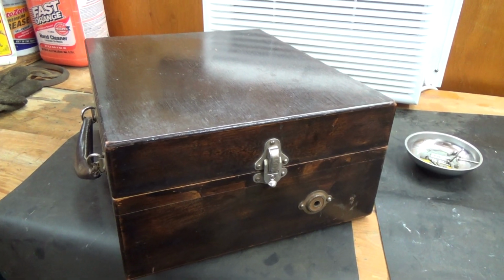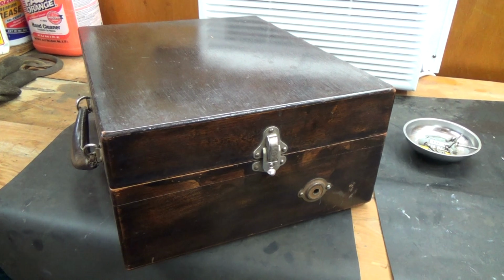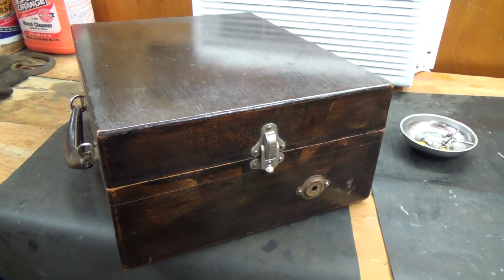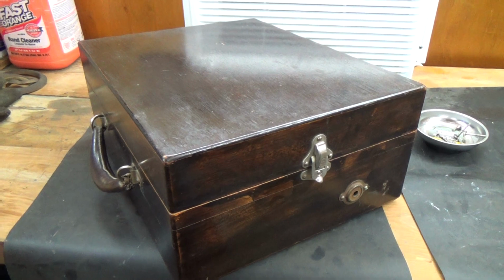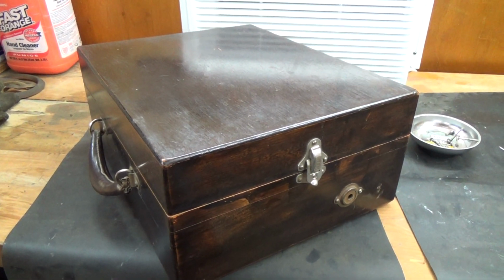Well, the latest project on my bench is what is called a Camp Phone. Now, some people think that means it's because you're supposed to be taken camping, but that's not actually the case. This is named after Walter Camp. Walter Camp is best known as the man who invented the rules of modern football, and he was also a